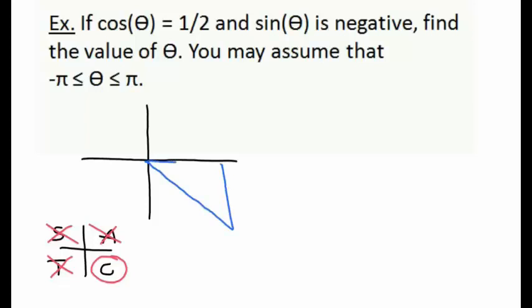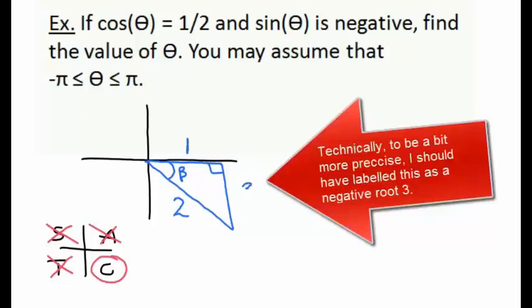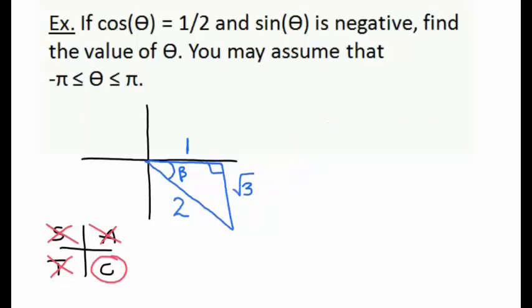So let's go ahead and draw a triangle in here. And what we're after is this reference angle in here. Let's call that beta. We happen to know that cosine of theta is equal to 1/2, and that's going to tell us that the adjacent side over the hypotenuse is of the ratio 1 over 2. Or in other words, I can put a 1 here for the adjacent side of beta, and 2 here for the hypotenuse. Well, it looks like we have a 1, 2, square root 3 triangle, so the other side that's missing here is square root of 3. And from this particular diagram, we can then conclude that our reference angle of beta must be 60 degrees, or